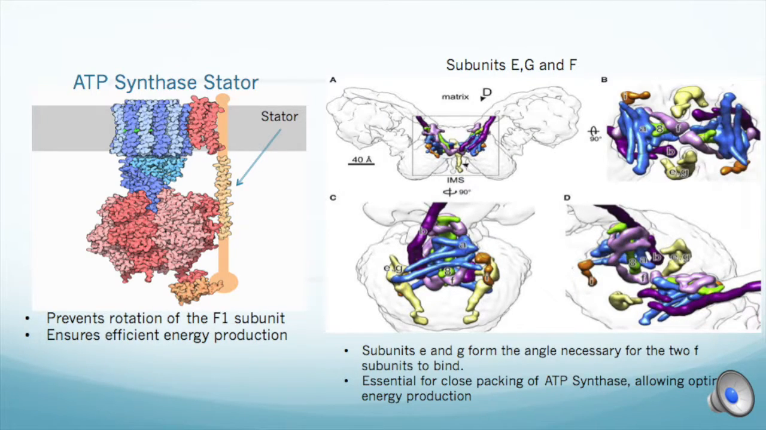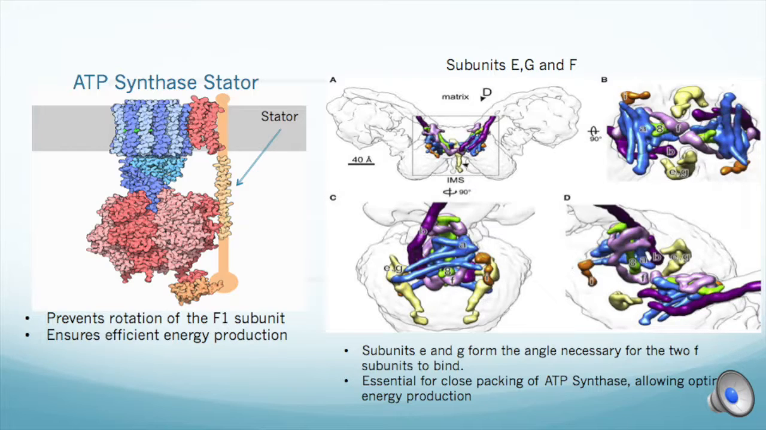The stator ensures that the F1 catalytic head does not rotate with the motion of the central stalk in F0, and must be strong enough to resist the tension that builds up in the central stalk between each 120-degree rotation of the F1. Subunits E and G produce a 100-degree membrane curvature in the dimer that allows the F subunits